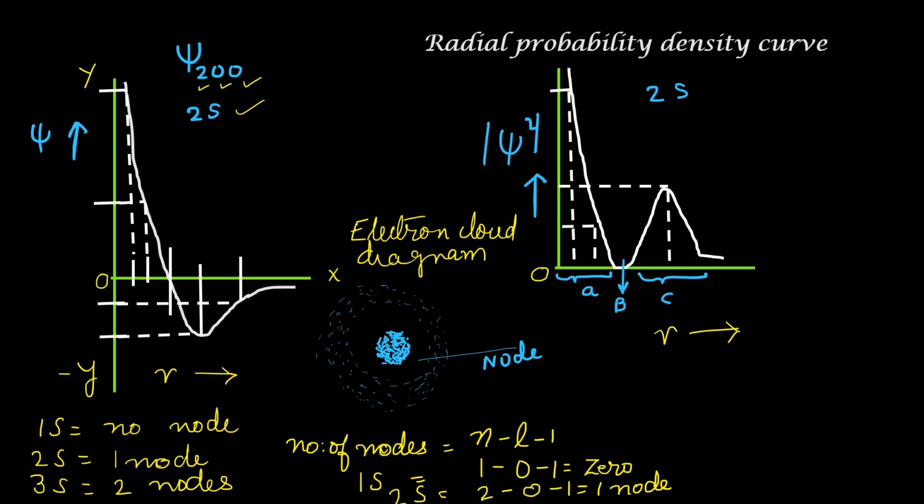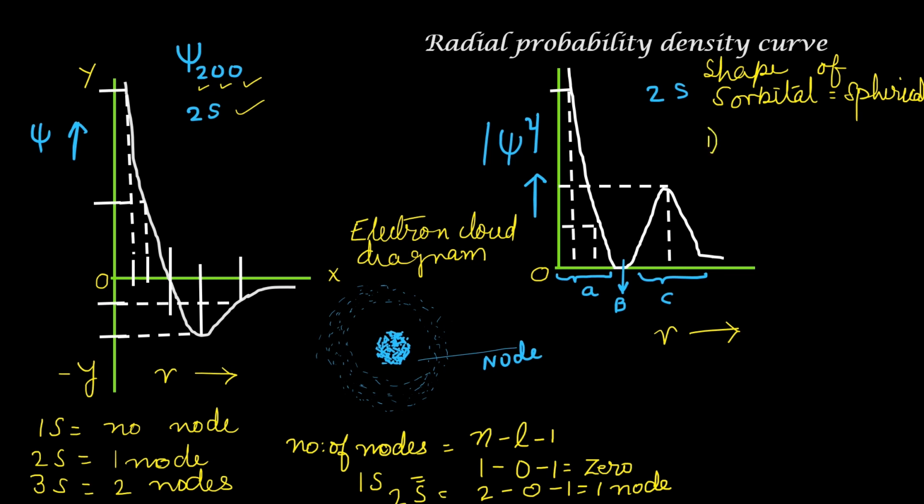S orbitals, whether it is 1s, 2s, 3s or 4s, whatever be the principal quantum number, are spherical in shape. For example, for the 2s orbital, the boundary surface diagram will also be spherical. On what basis or criteria do scientists fix the shape of s orbital as spherical? There are two ways in which scientists confirm that the s orbital is spherical.